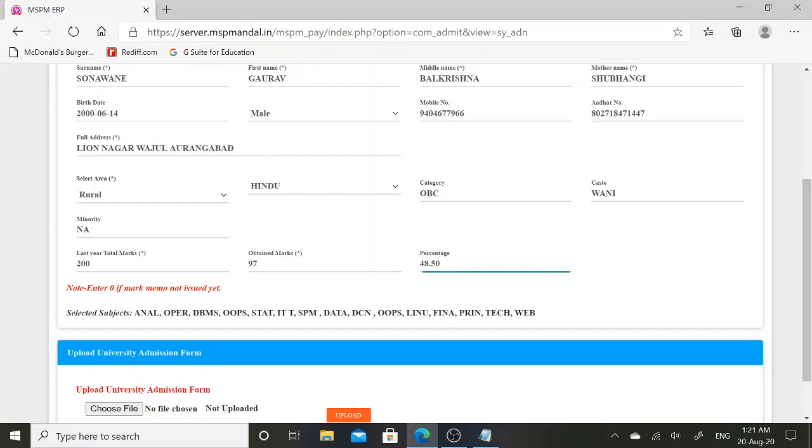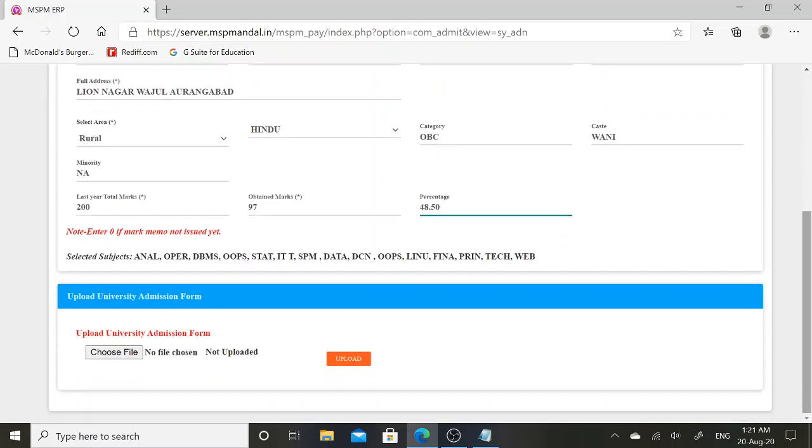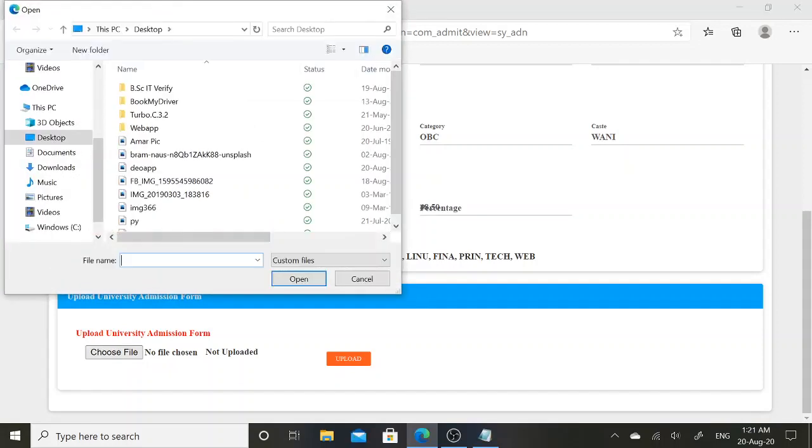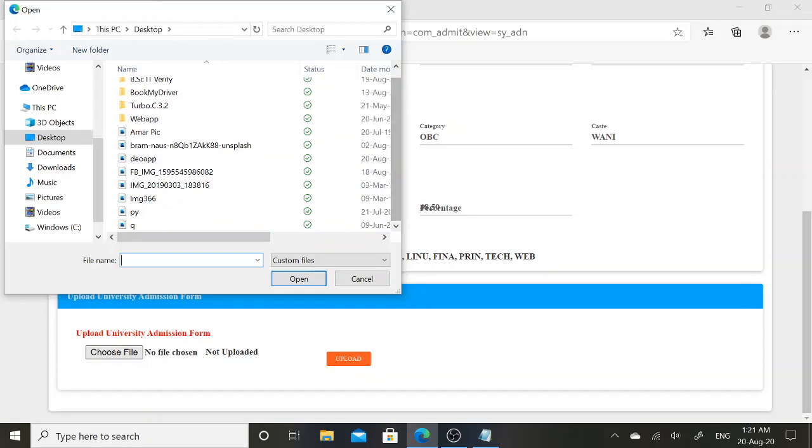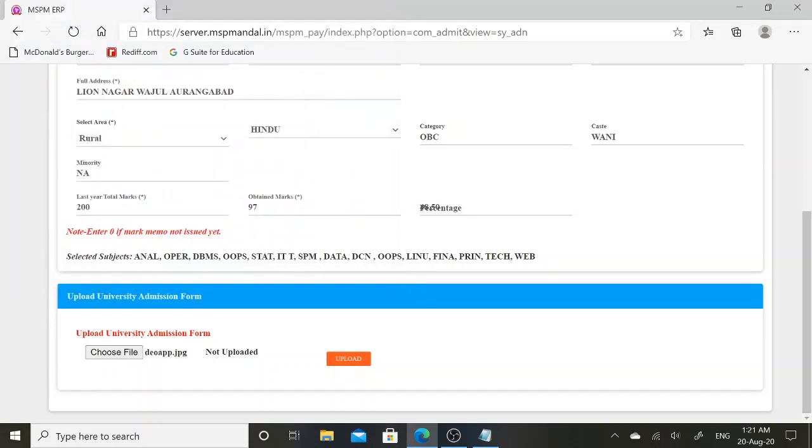Then I will click on percentage. My percentage will be calculated automatically over here. Then I need to scroll down this web page. I will click on the choose file button. I will select the university admission form image. Later on I will click on the upload button.